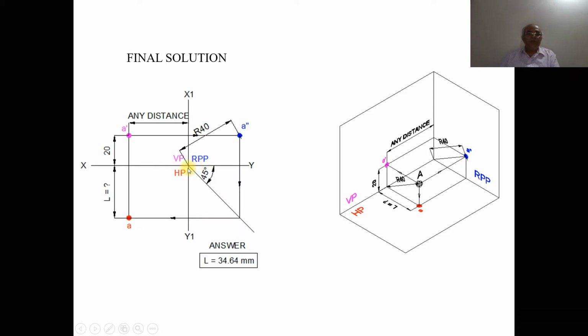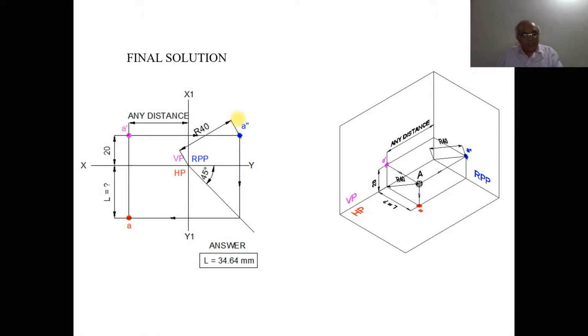To take BC square, I'm going to take the square root of BC square, which will be equal to OA square minus AB square. So OA square is 40 square minus AB square under the square root. So OB we are going to get as 34.64. You can do it by calculation also to verify this answer. So this is how you will be able to analyze this problem, the shortest distance in first quadrant.